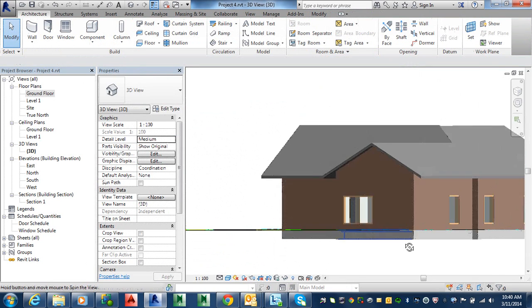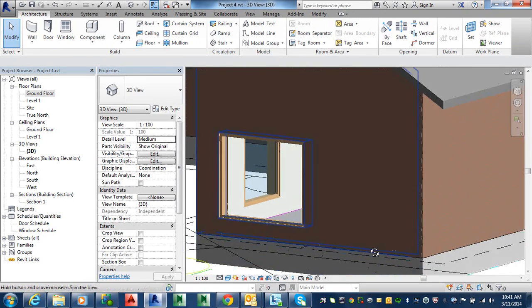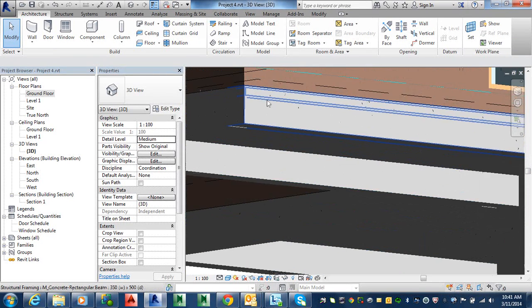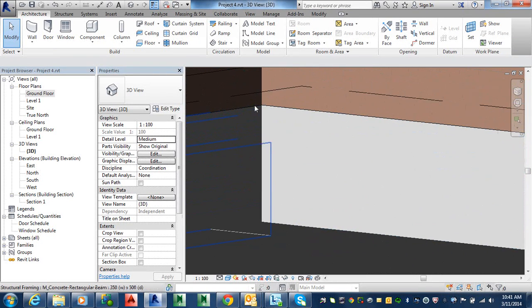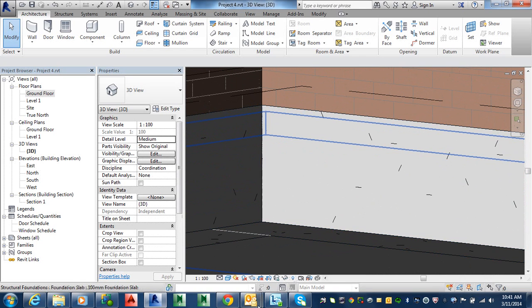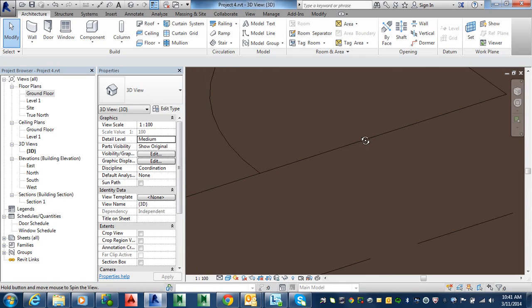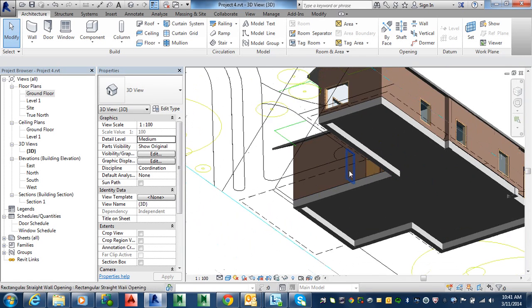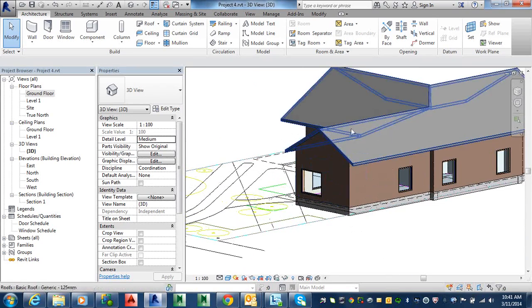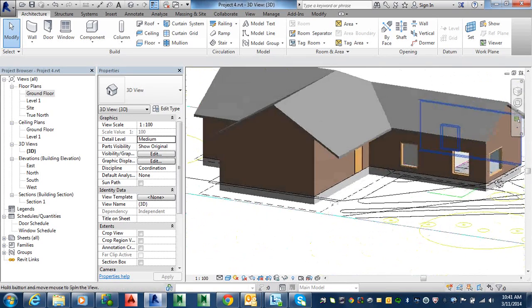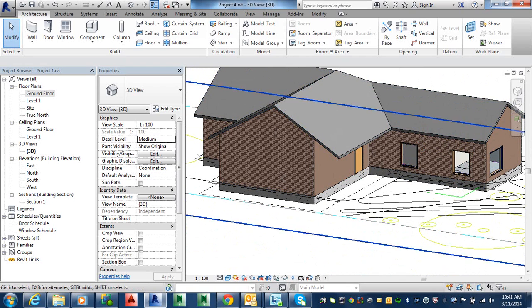Hopefully there's no gap now. It's basically brought it back from the inside, so that's what we need to do anyway. So that's good. All right, so that's the roof. I was just double checking the footing there. All right, I'll just pause here and then we'll work out how to do this